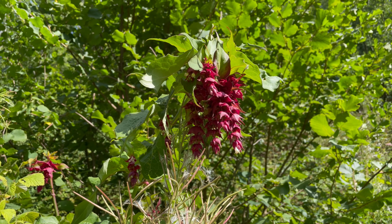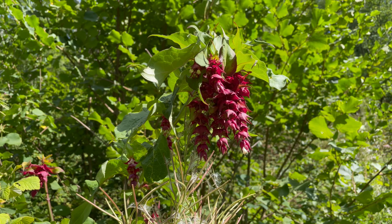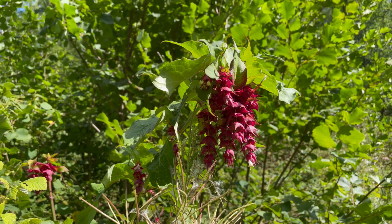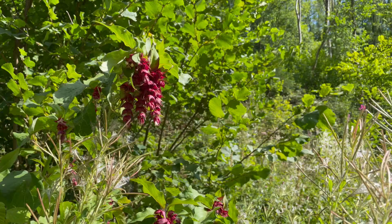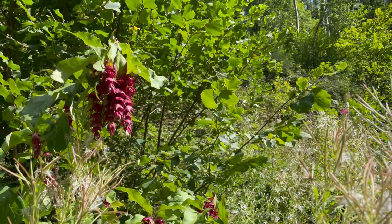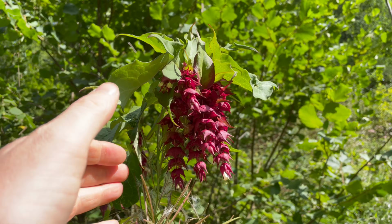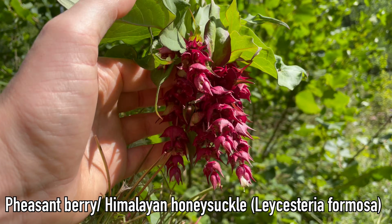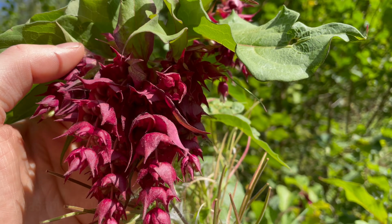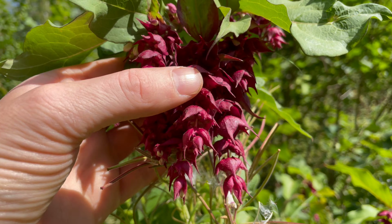So here's a plant that's more common in urban environments in the UK as an escaped garden plant, but you do occasionally find it in the wild. I'm just having a walk through the woodlands here along this path, and I've come across this here. This is pheasant berry or Himalayan honeysuckle, and the berries of this plant are really delicious. They kind of taste like caramel,